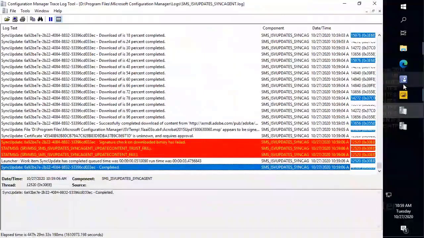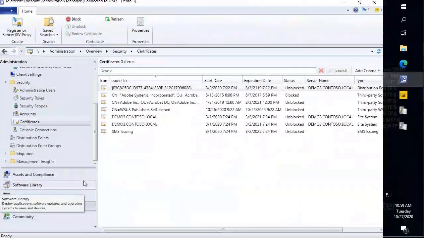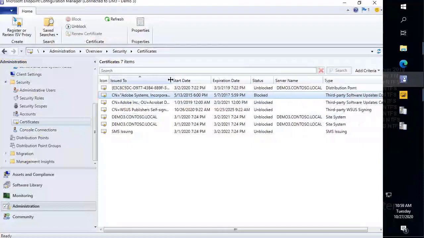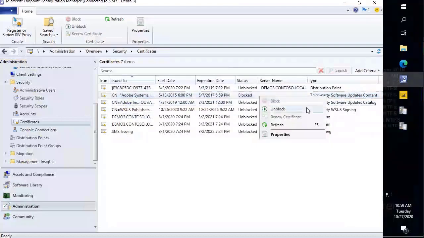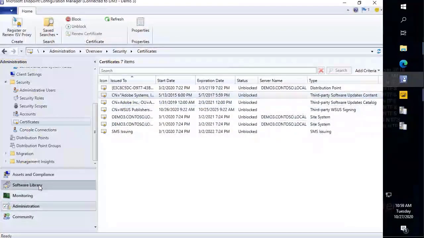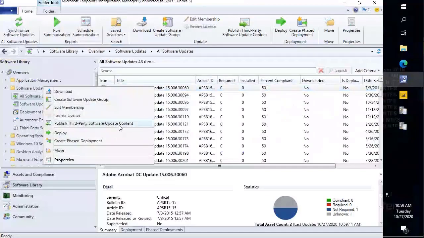Now, you can still work through this, but what you need to be aware of is when you come back into your certs, you can see that that certificate for that specific update did automatically get added, and we can see that it is a content certificate, meaning that it wasn't the main cert for the catalog, but it's actually one of the EXE or MSI installers for that Adobe update that's being used by a code signing cert. So you can actually come in here and unblock it. And then when you go back in and say, okay, I have to do this again because it's now trusted,